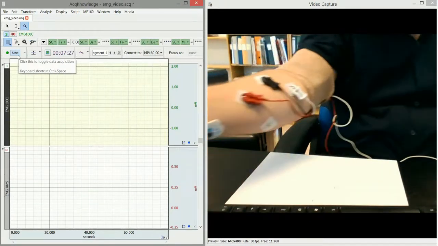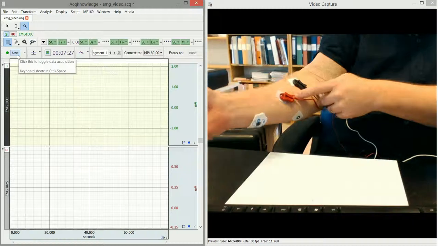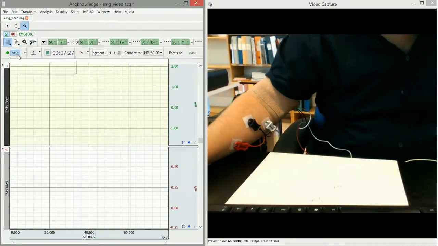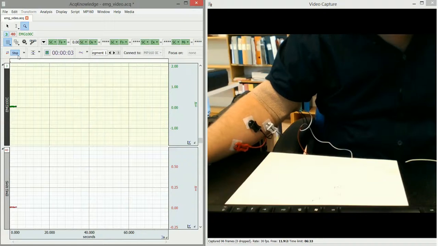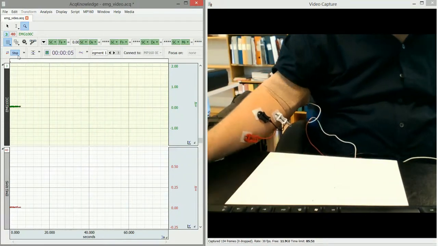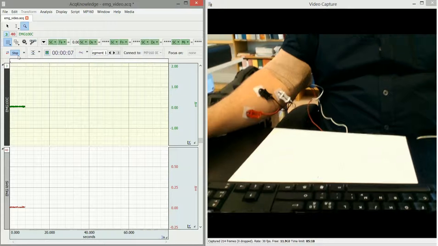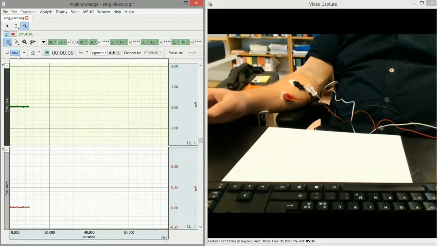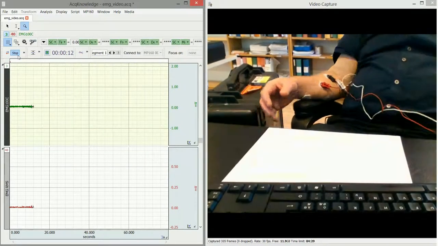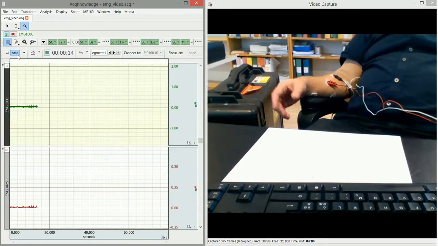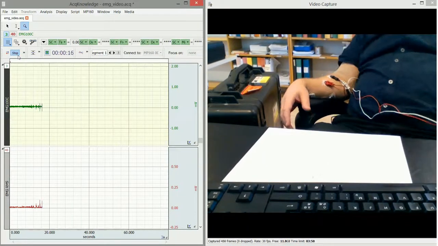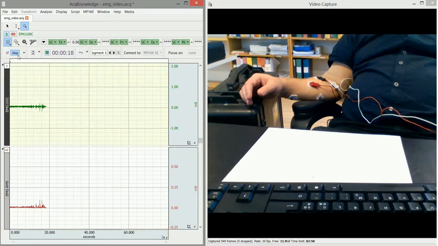Okay, here you see also my electrodes. So on the left here you see the data, and on the right you see the recording. So I will just try to relax here. You see a box here. I'm going to try to lift that later. So at first I will just relax,